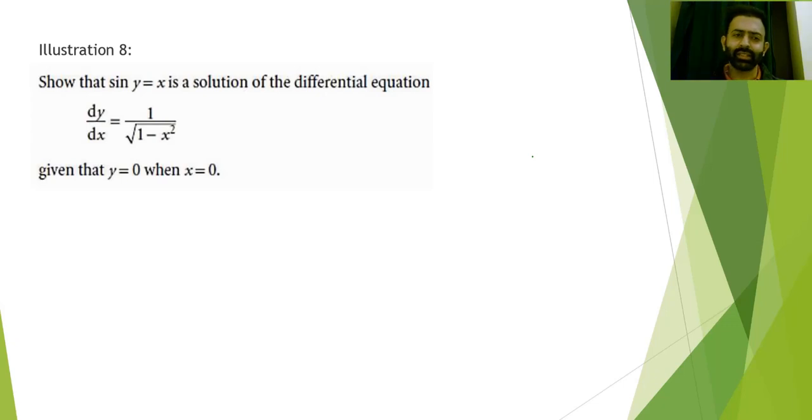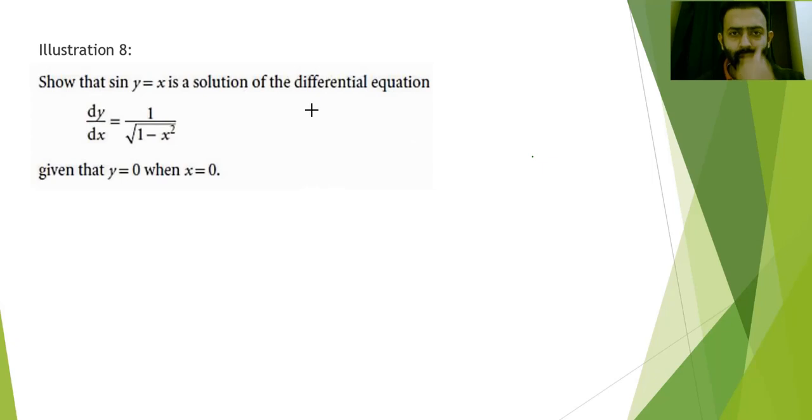So basically it says that the original function is sin y = x, whose differential equation is dy/dx equal to the function 1 upon the square root of 1 minus x squared, right? In order to prove this, there can be two approaches. One is, since the original function sin y = x is given, we have to show that the differential equation formed using this function is dy/dx equal to this. For that, we can differentiate sin y = x